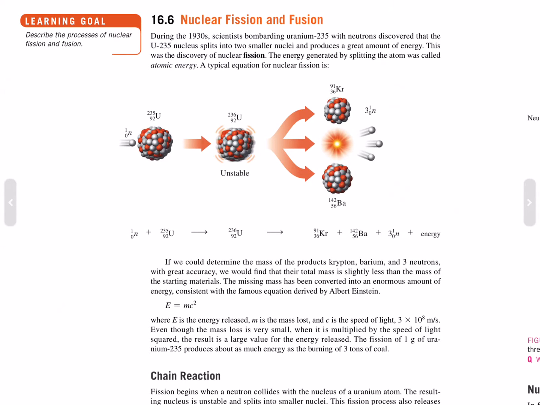During the 1930s, scientists bombarding uranium-235 with neutrons discovered that the U-235 nucleus splits into two smaller nuclei and produces a great amount of energy. This was the discovery of nuclear fission. The energy generated by splitting the atom was called atomic energy. A typical equation for nuclear fission is